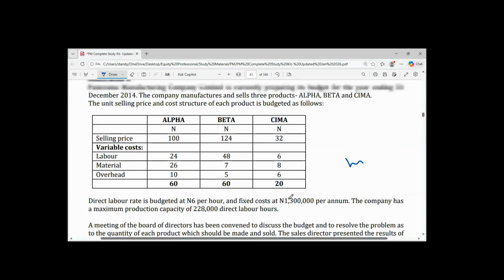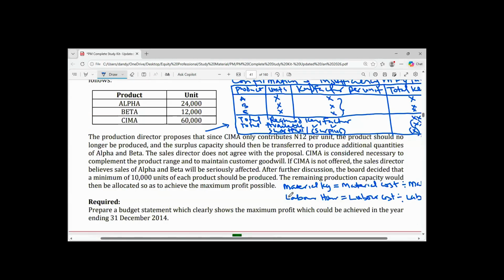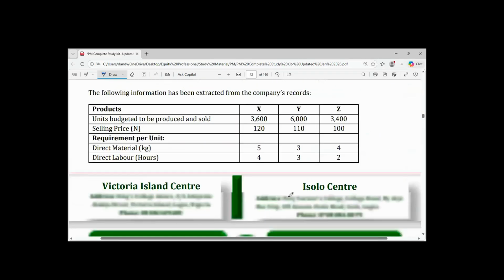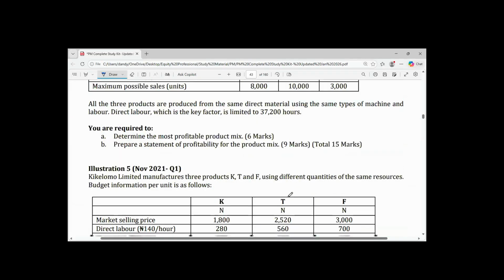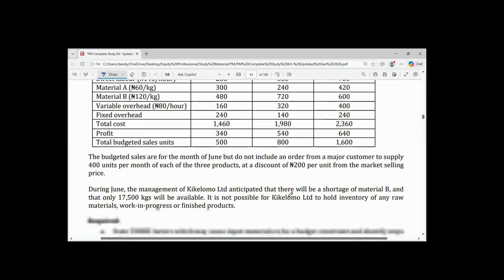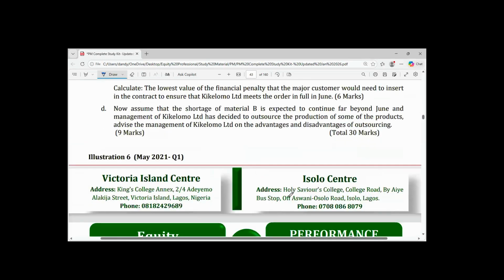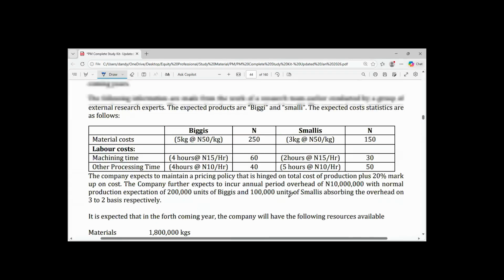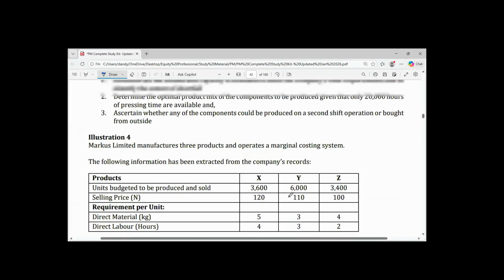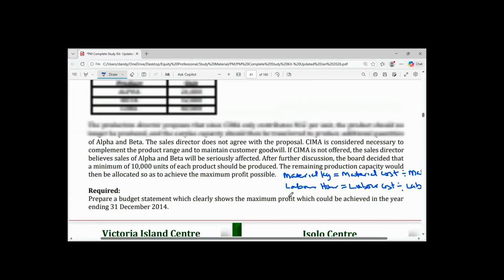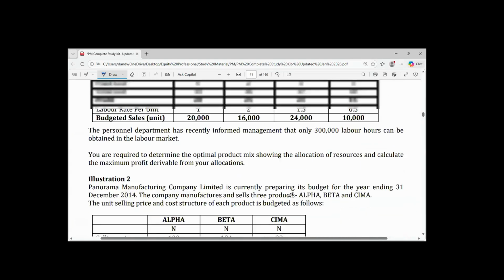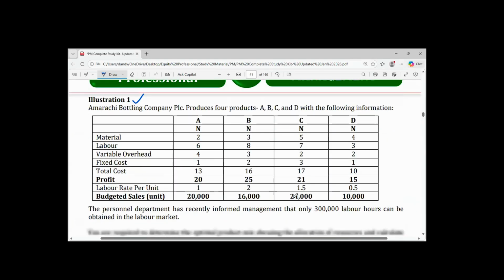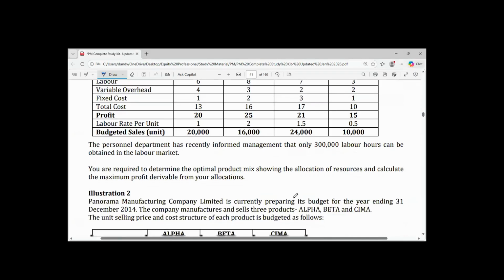So quickly, let's start. Let me see all the questions that we have here, Marcus. All right. So let's start with illustration number 1. We read out